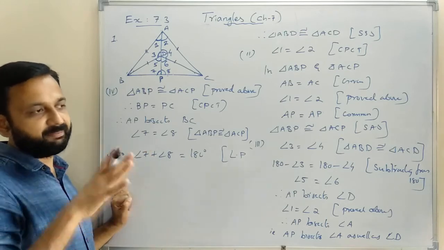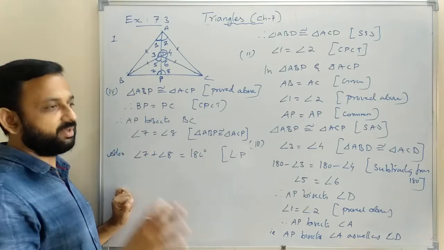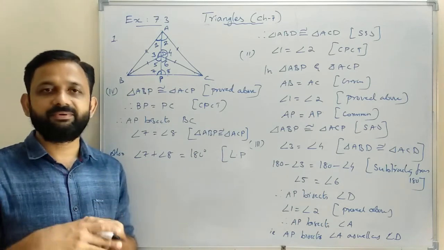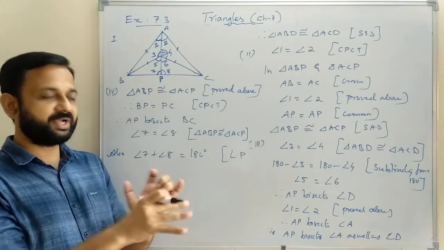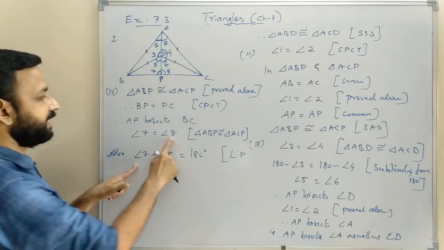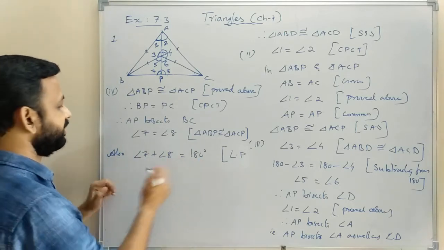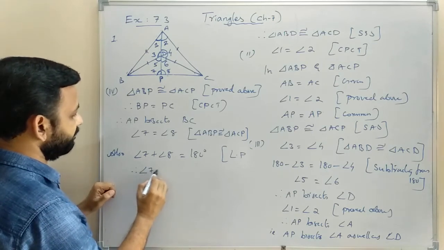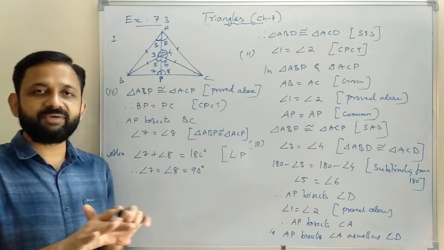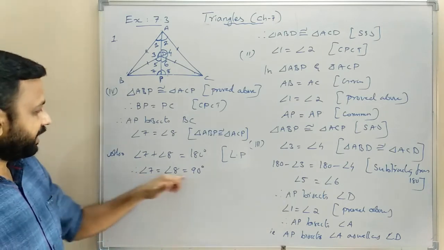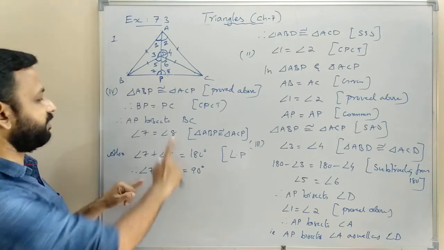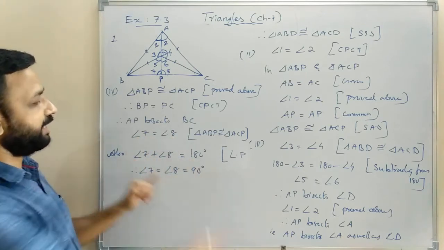Suppose we have two numbers. They are equal and their sum is 10. So each of them will be 5, because 5 equal to 5 and 5 plus 5 equal to 10. Similarly, two angles that are equal and whose sum is 180 degrees: each of them, angle 7 equal to angle 8, equal to 90 degrees. We don't have any other option. Then they are equal and their sum is 90 plus 90, 180 degrees.